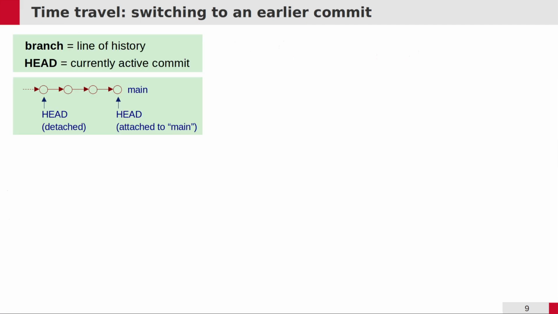The next thing I would like to show you is how you can time travel using Git, because we were recording history, and one of the most important reasons why we record history is to be able to go back into history. So there are two